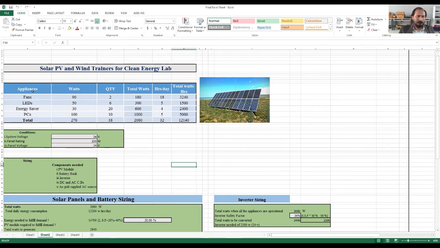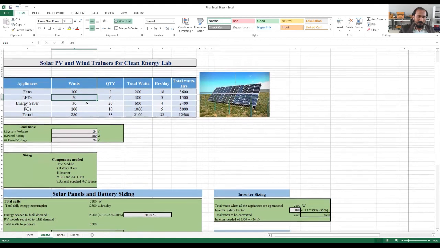Here we have appliances, where you can put the rating of each component, that is fan, LEDs, and energy saver. If you change 90 watts, for example to 100, it will automatically change the whole table, and the wattage rating and PV module change automatically.